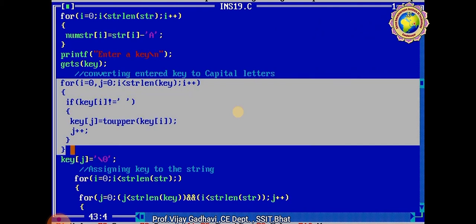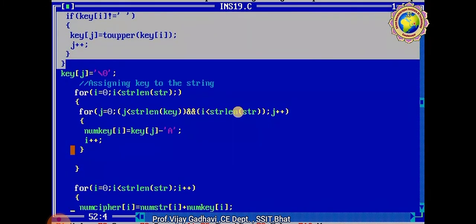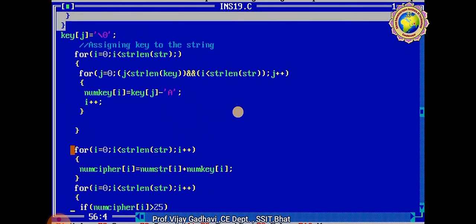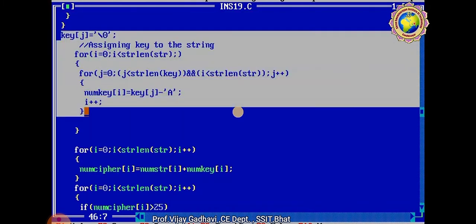Then we use a loop. For loop we are used for 2 times. This is an example. You see the value of i and j, then numkey[i] is equal to key[j] minus A. Here a more easy implementation could be visualized by converting A to Z into numbers 0 to 25.